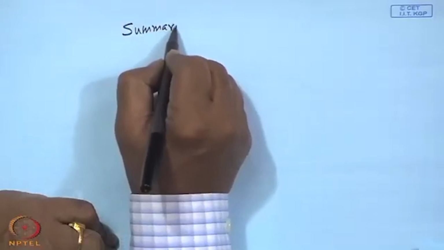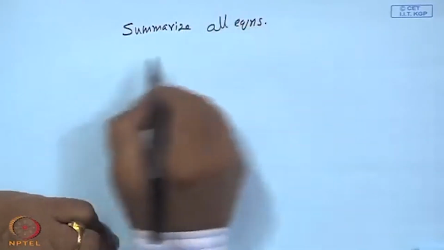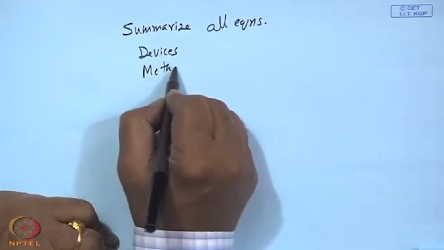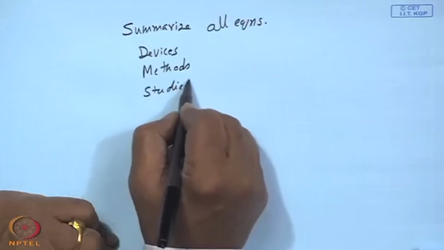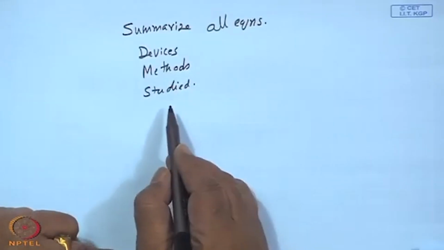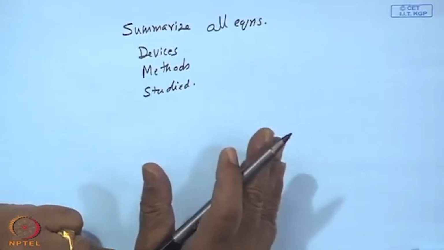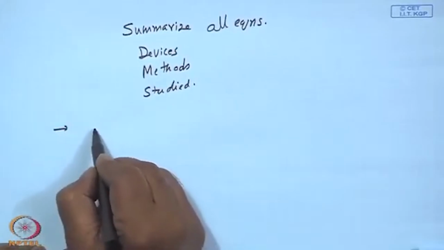What we shall do in the next lecture is, I will try to summarize all our equations and the devices and the methods we have studied, and one thing you should remember is this could be the topic-wise last lecture, the next one will be the summary only. There could be some mistakes